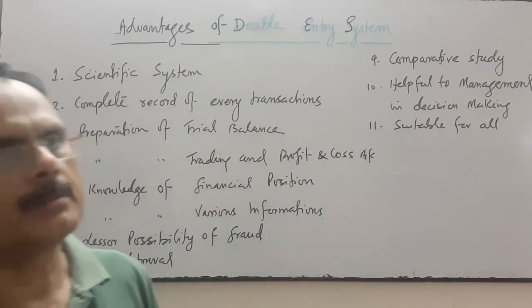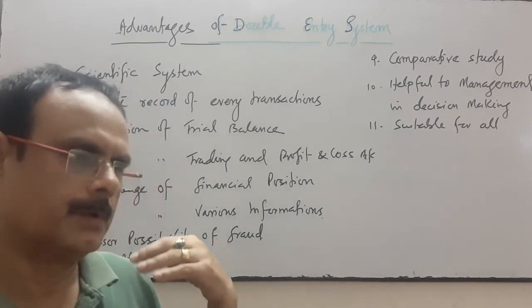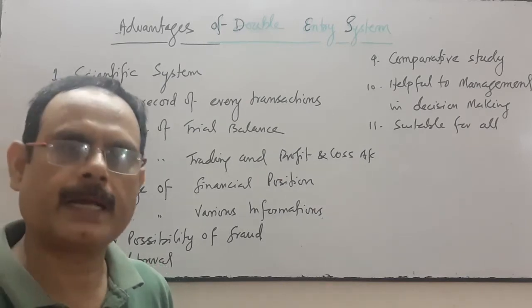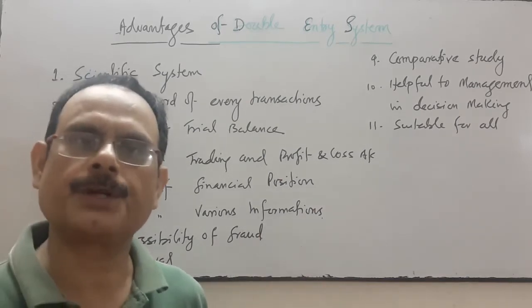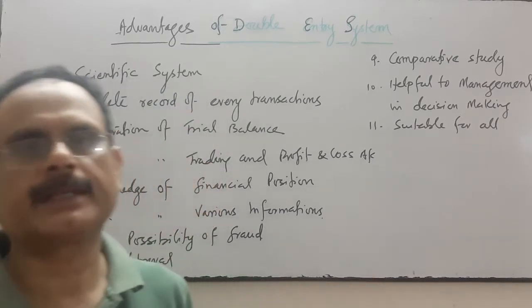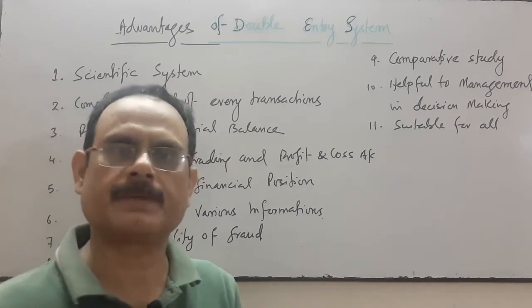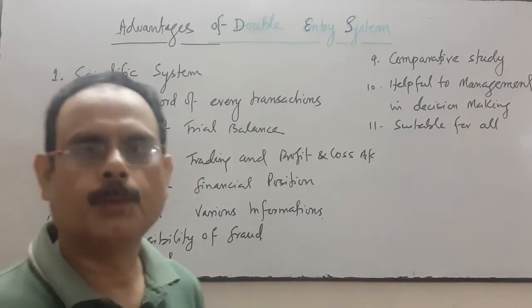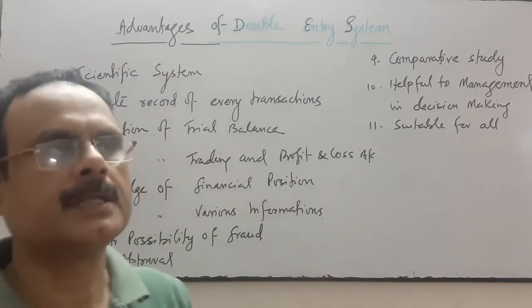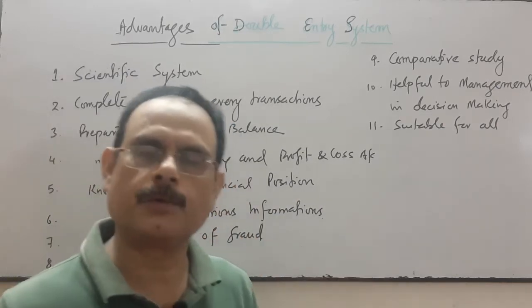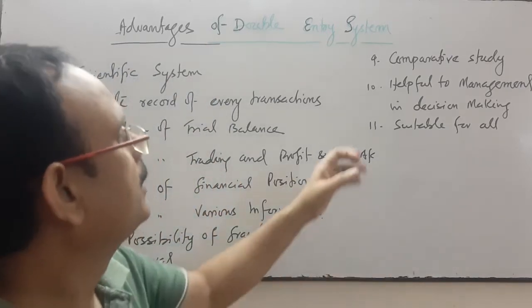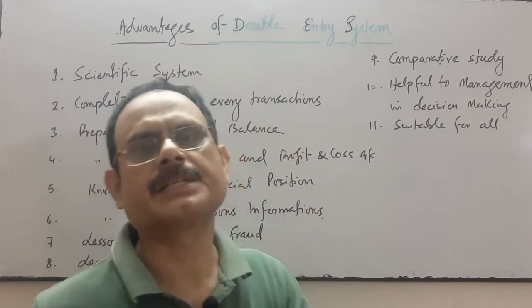All the strategy that the management is going to prepare or draft, before making those strategies or planning, management has to see the accounting first: what the expenses are, what the incomes are, what the assets are, where the expenses are more, where the expenses are less, where we can make more efforts. So it is helpful to the management in making decisions to increase the sales volume, to reduce the cost, and so many factors. Suitable for all business enterprises.